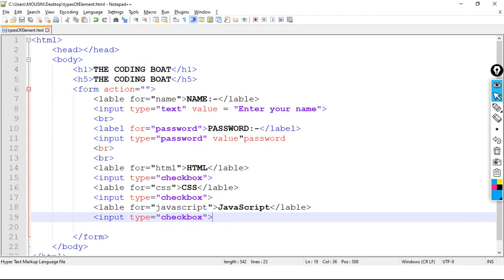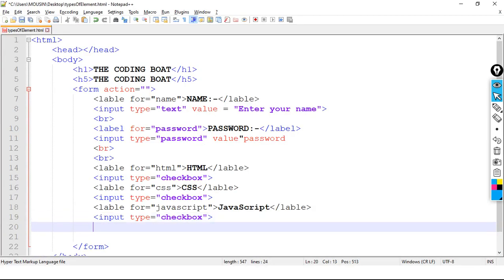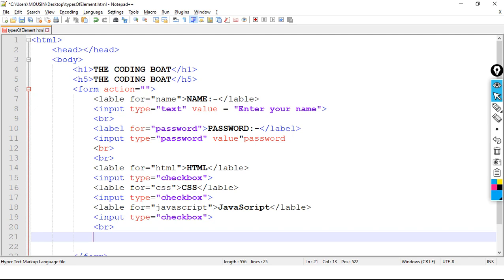Now after entering data, user has to submit the data. For that, what we will do, input type is equals to submit, value is equals to submit.